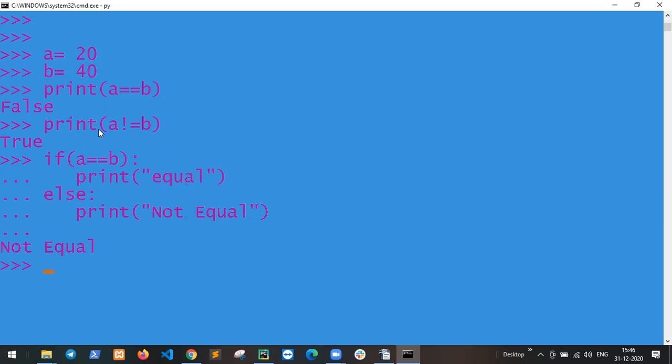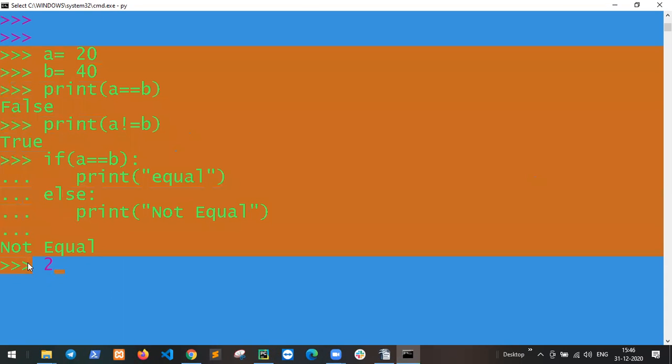So not equal, because both answers are the same, but the conditions applied are different.